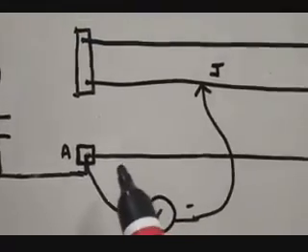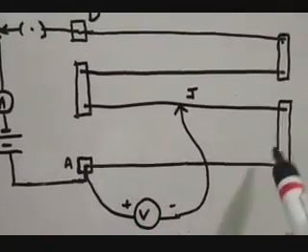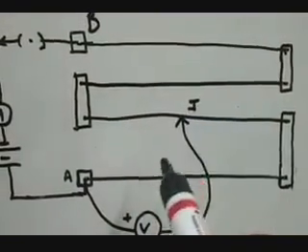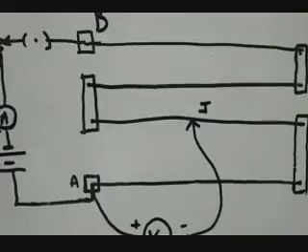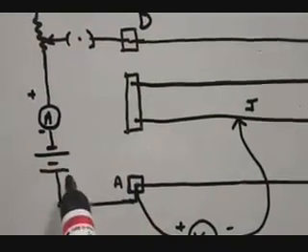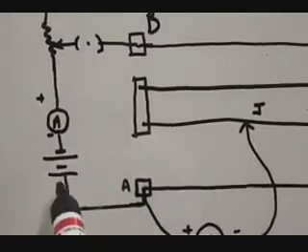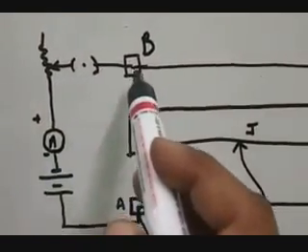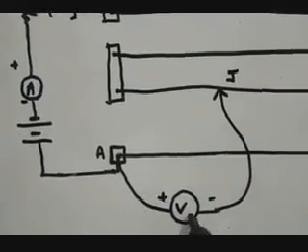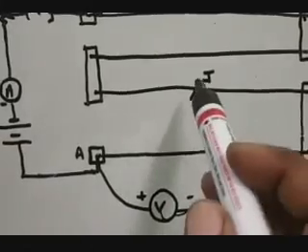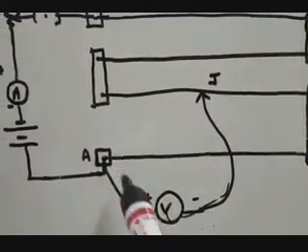So it may have a 4-meter wire like this, 1, 2, 3, 4 meter, or it may consist of 10-meter wire. This is the external circuit: battery, ammeter, rheostat to change the current, key. Here this is the voltmeter connected. So A to J, it can